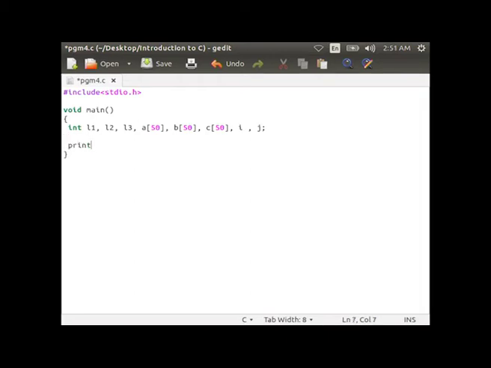Printf, enter number of elements in first array. Scanf, percentage %d ampersand sign I1, printf, enter first array